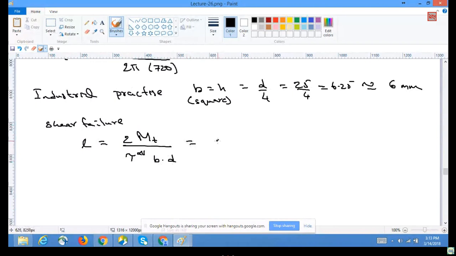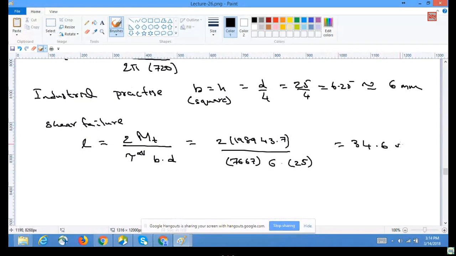So 2 into 198,943.7 divided by 76.67 times B is, let's say, B is 6 mm and D is 25. So that gives us 34.6 mm. Now using crushing failure,